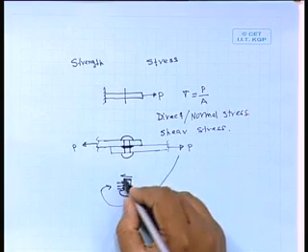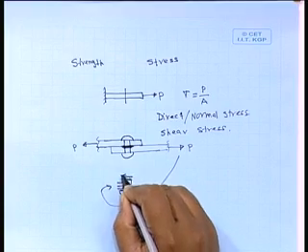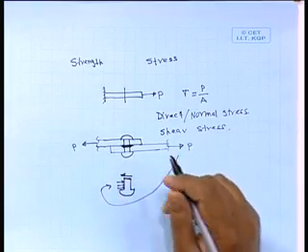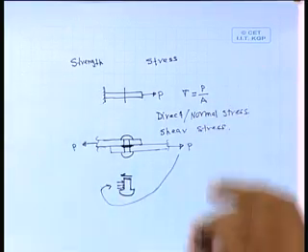Now, the arrow whatever I have shown, basically it shows the entire force, but that will be distributed over the circular cross section of the rivet,